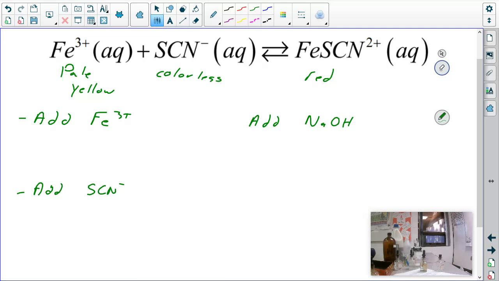Let me just check to make sure that I remember that correctly. Yes, I did. Okay. So what we're adding is FeNO3, we're adding